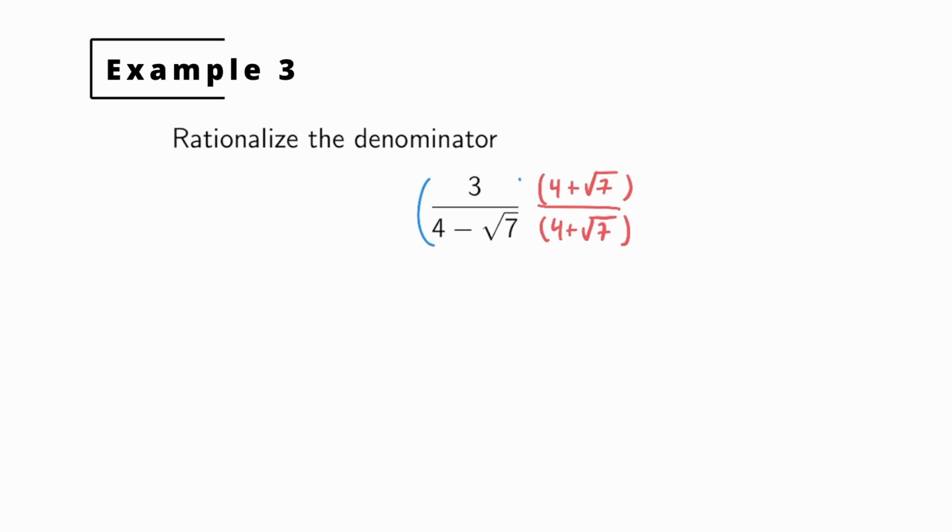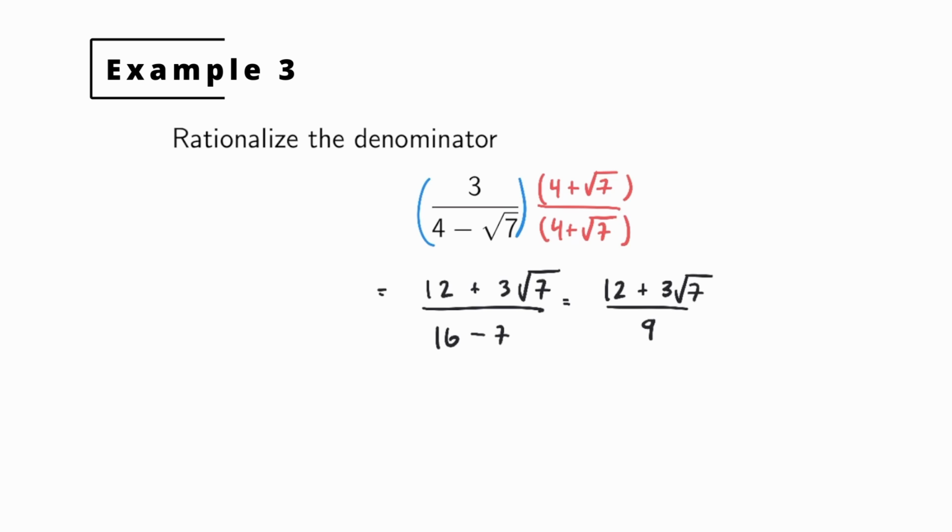Now, in the numerator, we distribute. So we have 3 times 4 is 12, and then we distribute the 3 to the second term to get 3 root 7. Now, once we multiply 4 minus root 7 times 4 plus root 7, we use the formula from the beginning: we get the first term squared, 16, minus the second term squared, which is just 7. The square root of 7 squared is 7. And so what we end up with is 12 plus 3 root 7